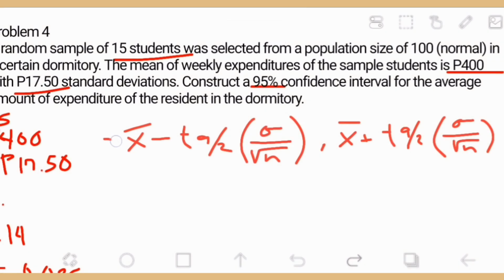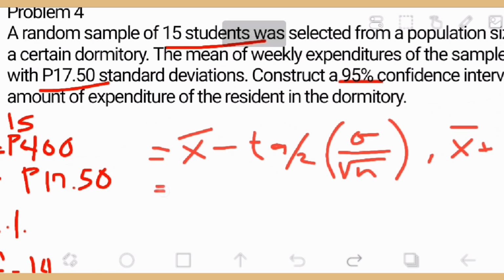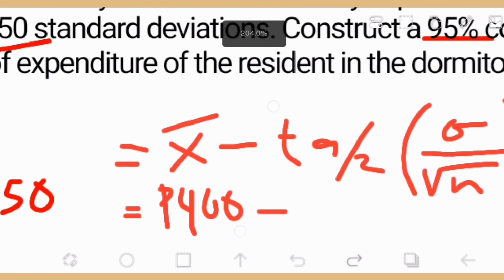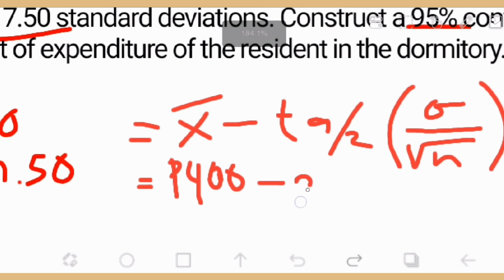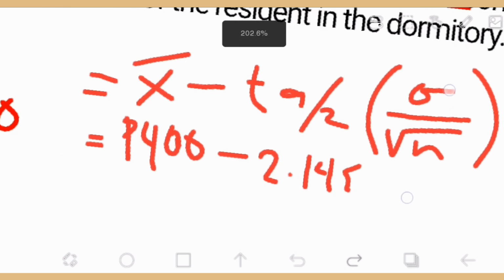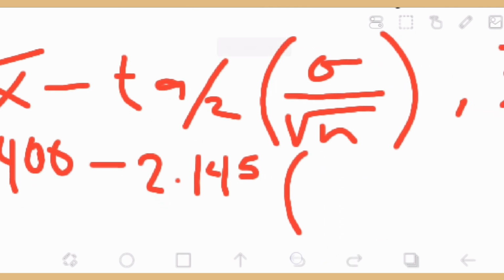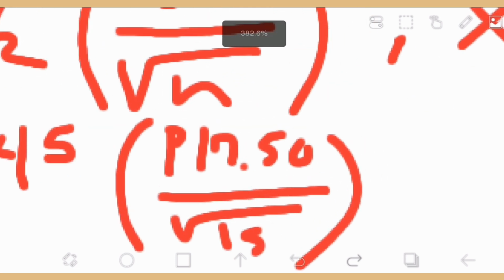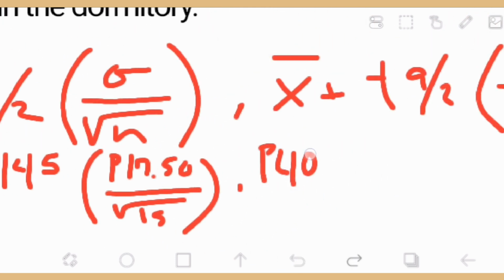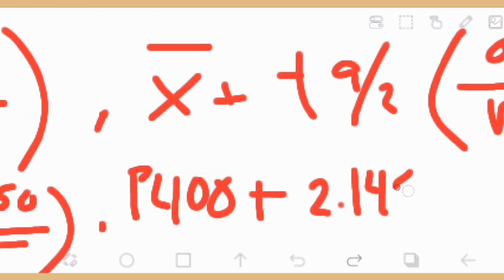Now we're going to substitute them with the real values. So this will become 400 pesos. I'm just not going to say pesos, so 400 minus 2.145 times 17 pesos and 50 centavos over the square root of 15, comma 400 pesos plus 2.145